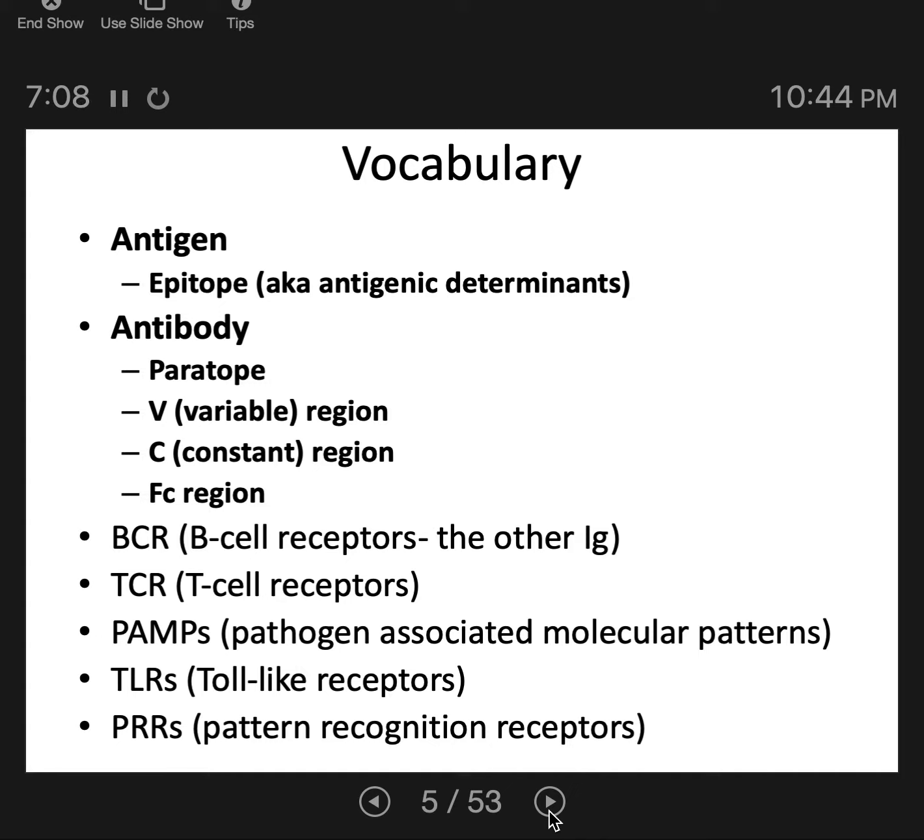This lecture is split up into several videos. In this first video, we're going to focus on vocabulary. I'm going to give you a brief rundown of all the terms in this slide, and then there are another couple of slides with vocabulary words as well. I'm just going to explain what each of those vocabulary words means, and then in future videos, we will really start integrating all these vocabulary words with each other to describe what's actually going on in the adaptive immune system. So bear with me.